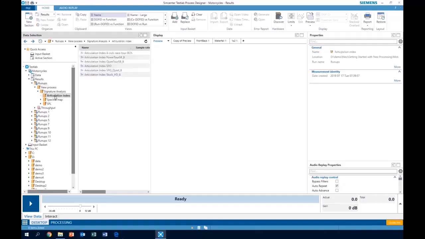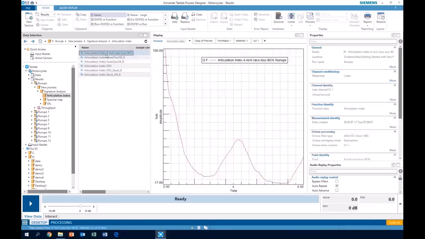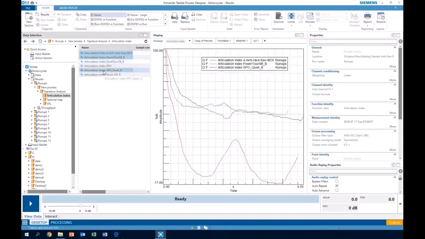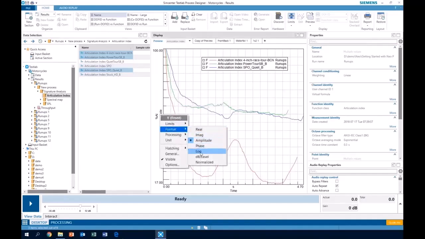But when I get down to the articulation index here, it shows me this list. And as soon as I click on one of these, it displays the data for me. In fact, I can hold down the control key and maybe pick and choose 3 and look at those and compare them easily. So I've already saved one click here. I didn't have to drag and drop. It automatically displayed and overlaid the data for me. That's pretty cool.